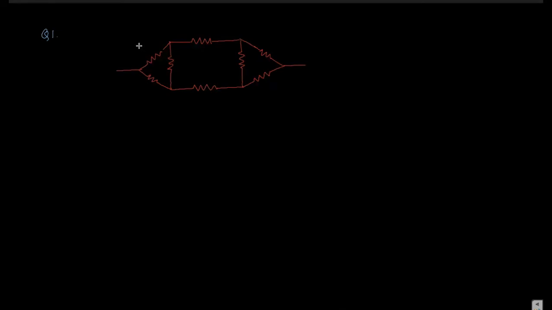Okay, so it is a 4.5 ohm, a 7.5 ohm, a 3 ohm, a 4 ohm, again 3 ohm, here it is a 3 ohm, a 4.5 ohm and a 7.5 ohm. How should we convert this circuit? That is, find the equivalent resistance between A and B. Simple question, 12 standard question.